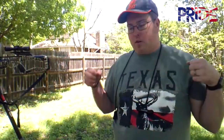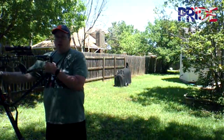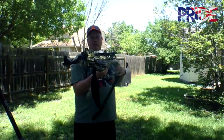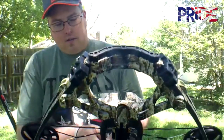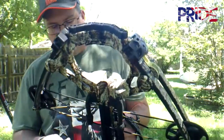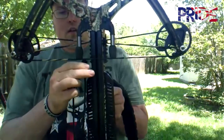And so I'm going to load another arrow. We're going to do this one more time. I'm going to show you how easy it is to load a 187-pound draw weight crossbow. We're going to take it out of our bog pod here and lift it out of here. I've gotten questions on how to use the crossbow cocking device. It's relatively easy. There are a lot of videos online that use this, but basically what we're doing here is